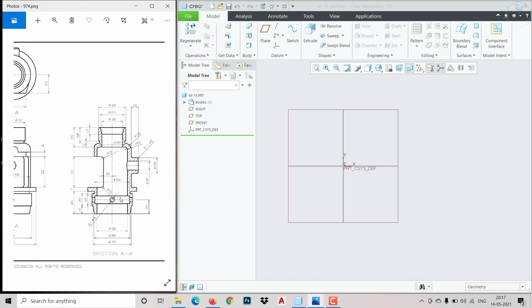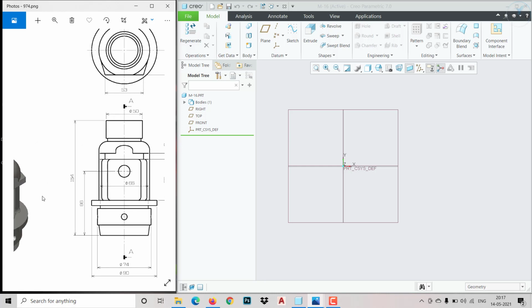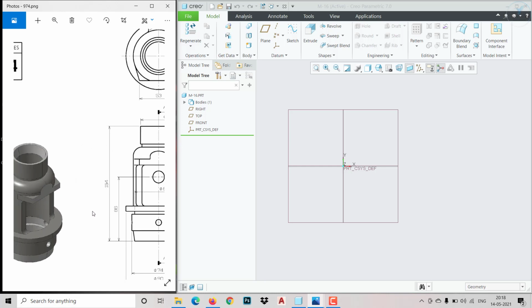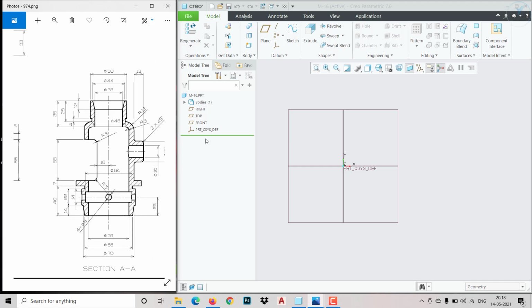First, we are going to create this specific sketch on one side. Then with respect to this center line we are going to revolve it 360 degrees. Then there is this extrusion, this cutout, and one more extrusion, which we are going to do separately. First, create the sketch in a specific plane. Let me choose the front plane. Then you can click on this sketch option.